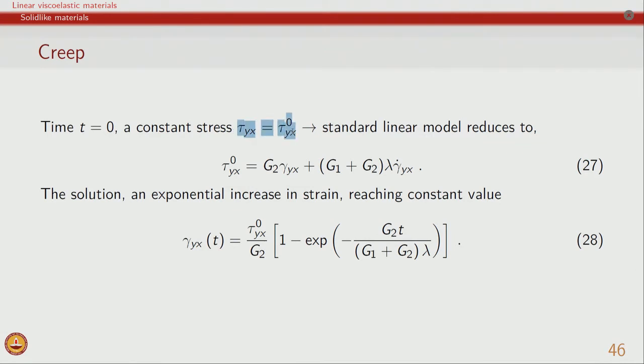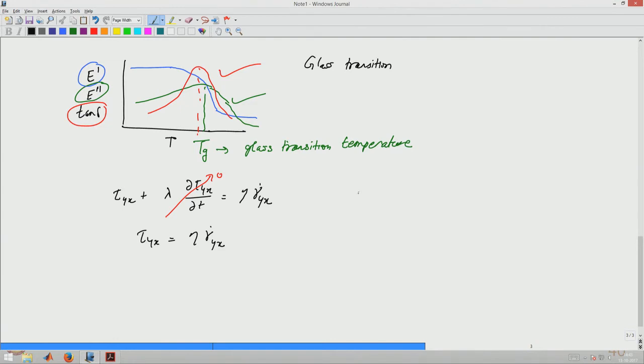On the other hand, the standard linear solid model, since it captures the low frequency or long time response, also gives a more realistic response for creep. If we substitute the condition for creep in the standard linear solid model, the derivative of stress goes to 0. However, we still have terms related to strain and strain rate, which is equal to the constant stress. When we solve this, we get strain as a function of time, and what we see for a standard linear solid model is that strain in the material increases exponentially